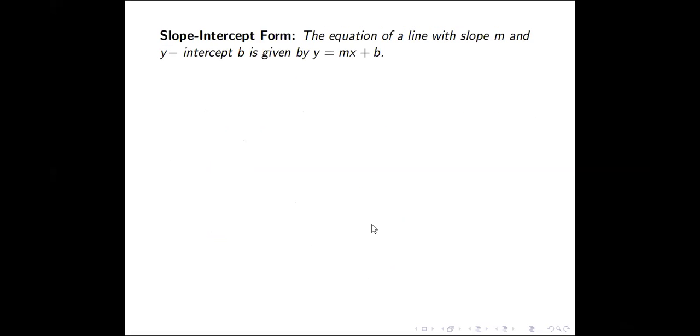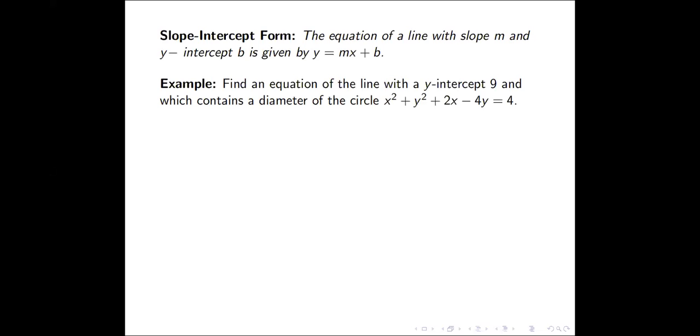So next, let's go to the slope intercept form. Again, for the derivation, you may want to consult the handout or the ebook if you have purchased one. Let's state the slope intercept form. The equation of a line with slope m and y-intercept b is given by, you're already familiar with this. High school students are very familiar with this. y equals mx plus b, where m is the slope and b is the y-intercept, hence the name slope intercept form. So let's see how to use that in the problem below.